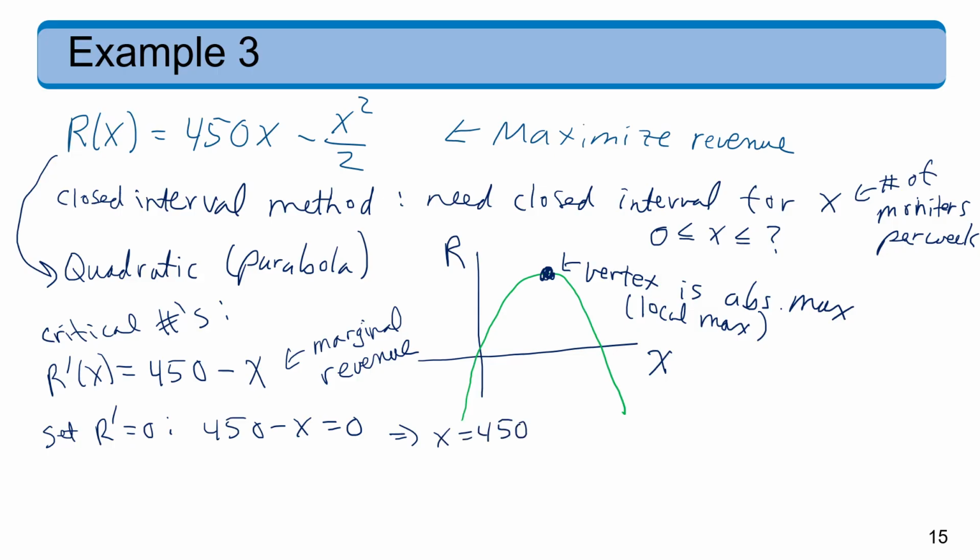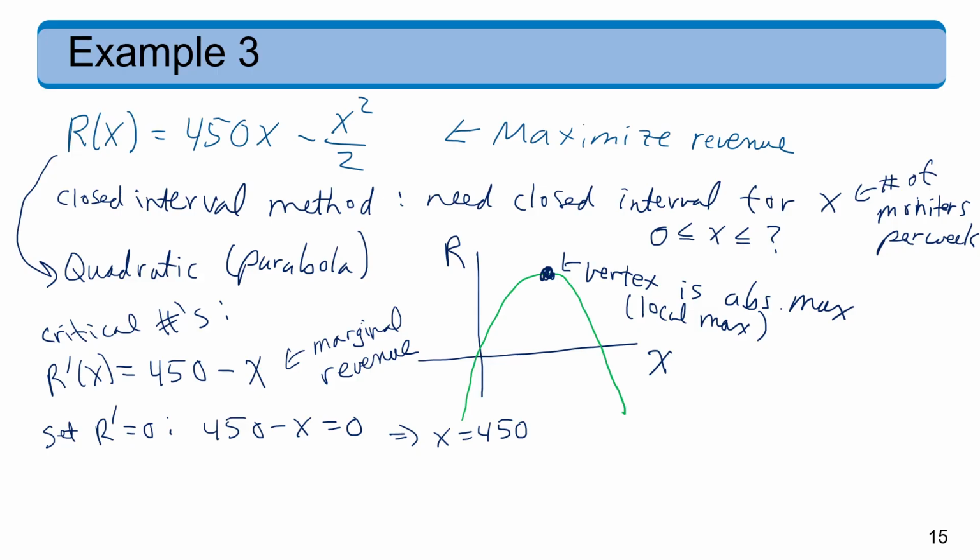Now in general, when you find a critical number, it's possible to have a local max there or a local min or neither. But we can see from this picture, we only got one critical number, so it has to be the one corresponding to this point where the slope is 0. So it has to be the one where we have this local max. If you wanted to verify it's actually a local max rather than a local min, you could use,